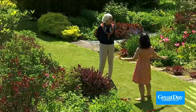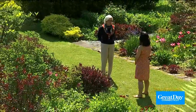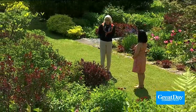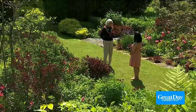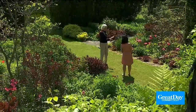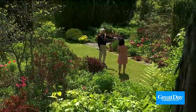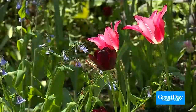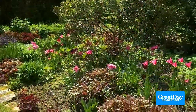So Pam, tell us where we are right now. You have come through the yew hedges and you're in the double border. The double border is just a beautiful, beautiful combination of plants here. If you look, you'll see all the different colors, and the colors are done so artfully. The combinations are beautiful here. George says he's an artist that paints pictures with flowers, and I think the double border is a place where